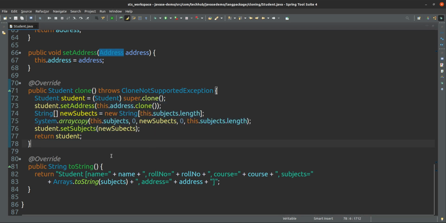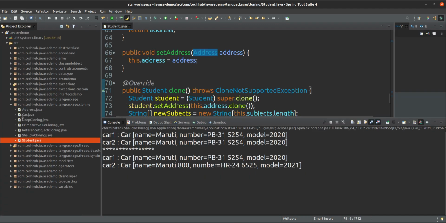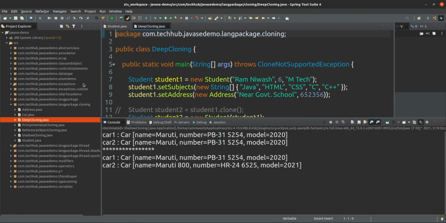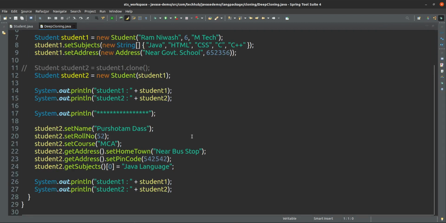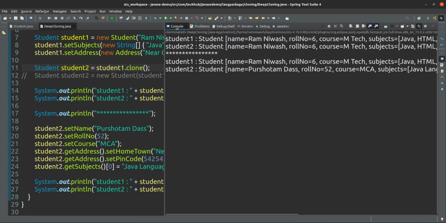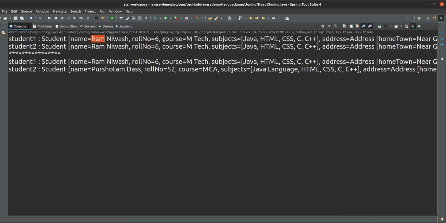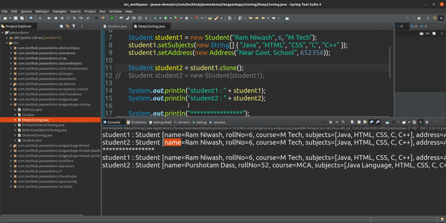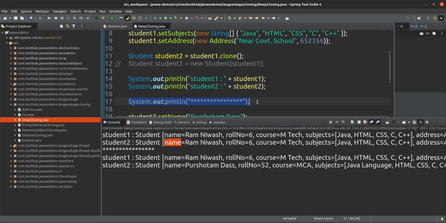Suppose, let me open deep cloning. So this first one is the clone method I will take here, and if I run this one, you will see student1 name. This statement is before making the changes.